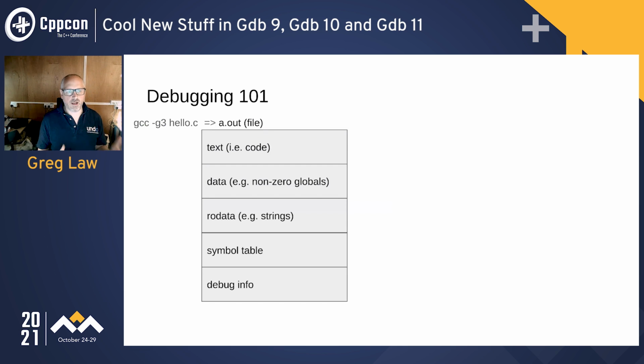But what does that actually mean? How do we debug that? Well, in fact, before we get to debugging, what happens when we run it? So a.out is a file, right? It's an executable, of course. When I run that file, what happens is a whole bunch of these sections